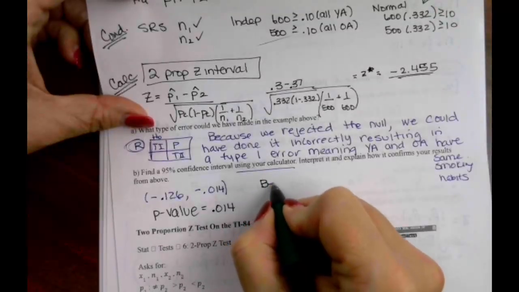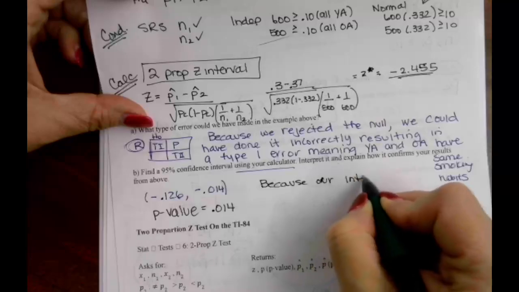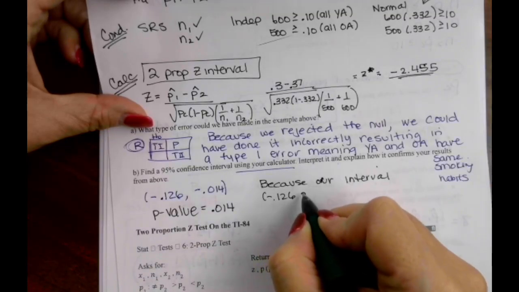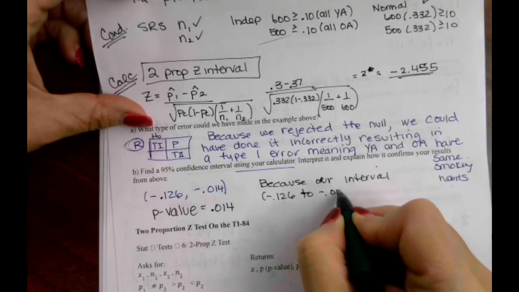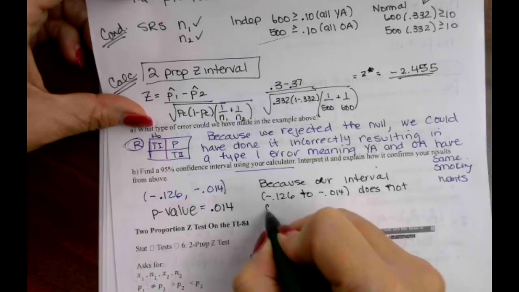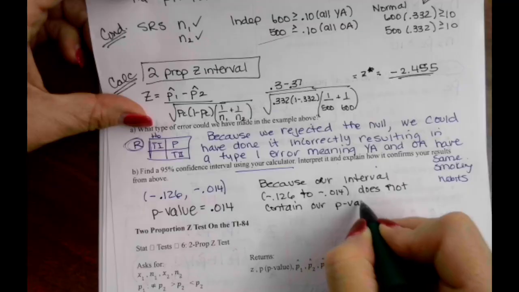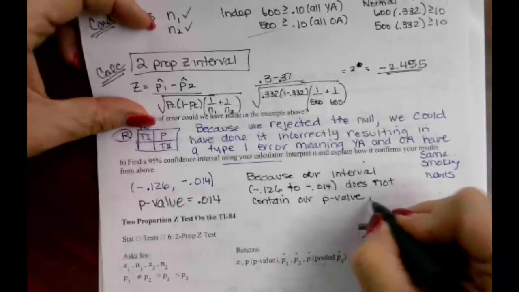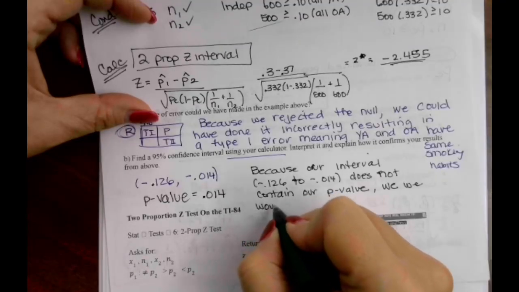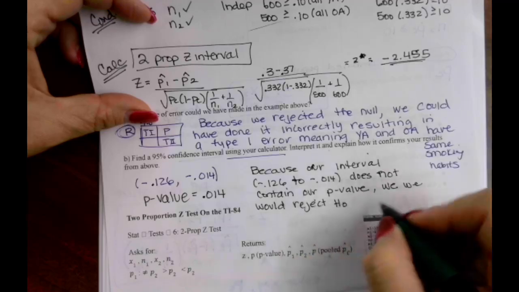So what I'm going to say is because our interval negative 0.126 to negative 0.014 does not contain our p-value, we would reject H0